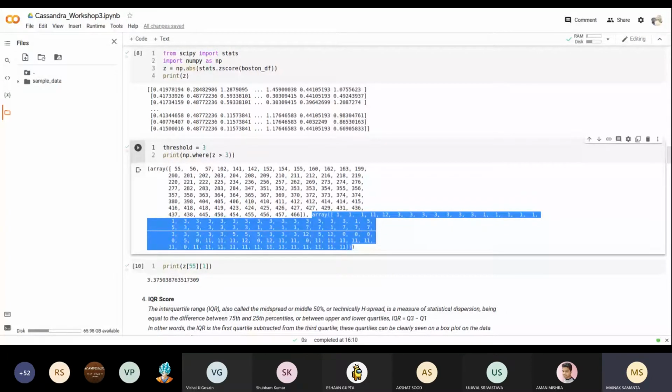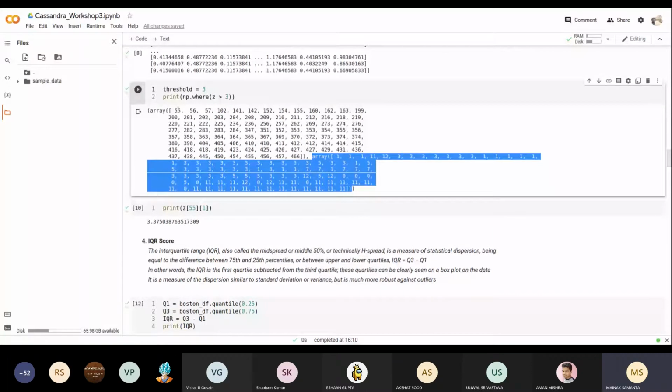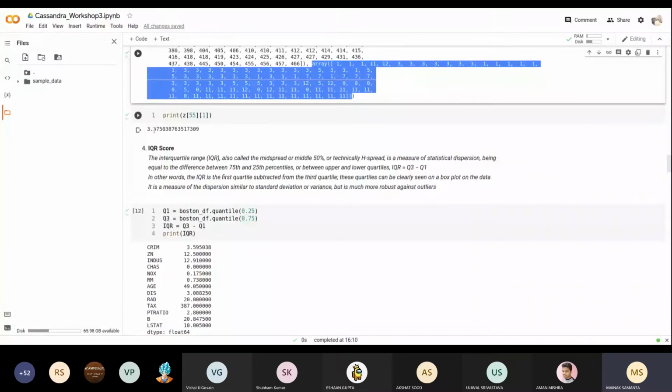You can see the first element is row 55 and column 1, and its Z score is 3.37. You can also take your interval according to whatever you like.